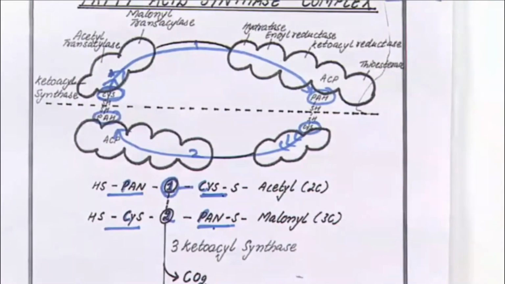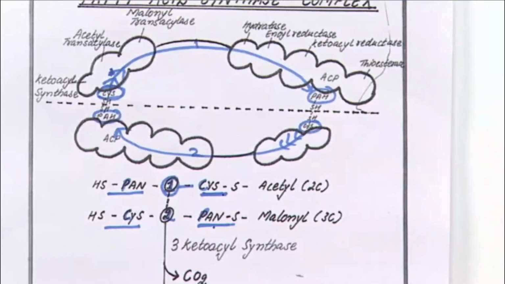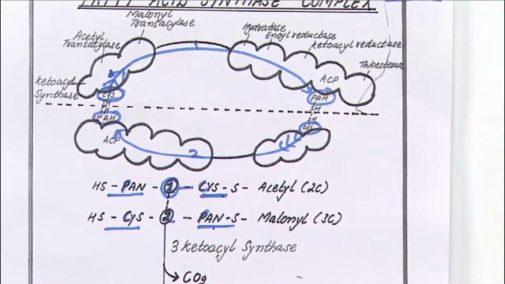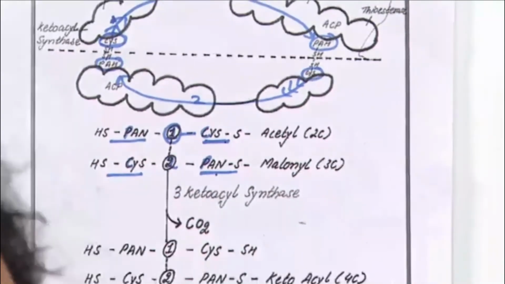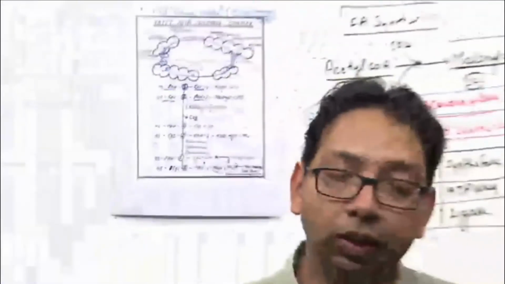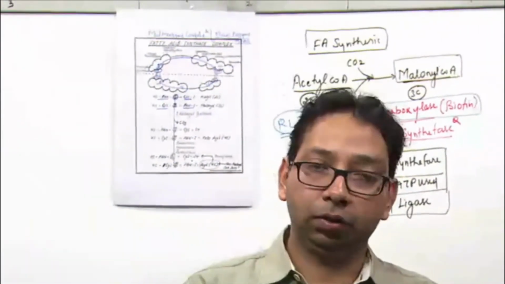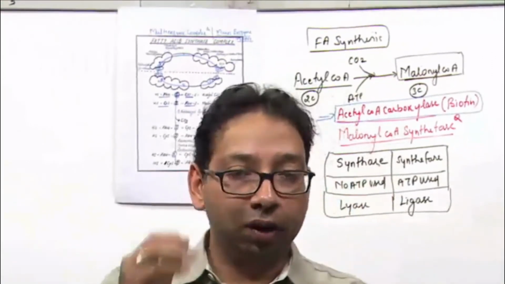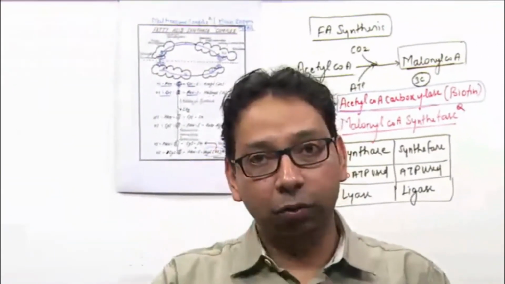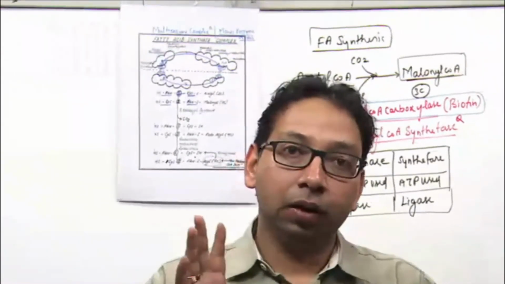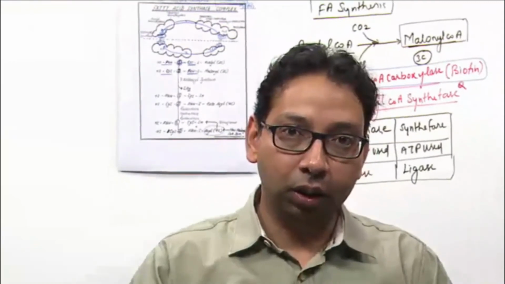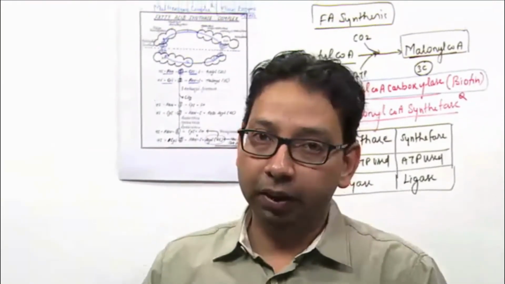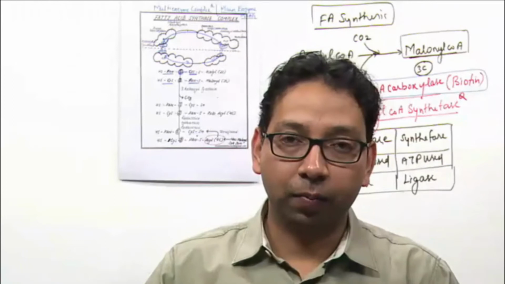We start from the first reaction again. I told you that in fatty acid synthesis, acetyl coenzyme A is converted to malonyl coenzyme A, so there are many acetyl coenzyme A and malonyl coenzyme A molecules present in the cytosol. The rate limiting enzyme is the one converting acetyl to malonyl coenzyme A. When sufficient acetyl and malonyl coenzyme A are present in the cytosol, further fatty acid synthesis takes place on the fatty acid synthase complex.